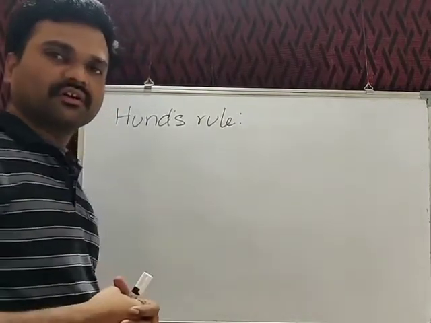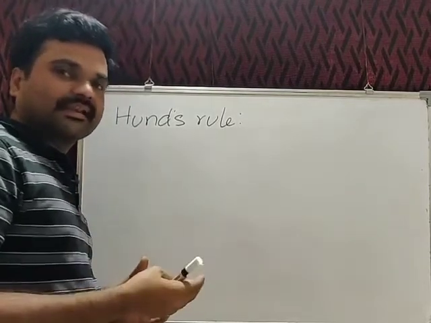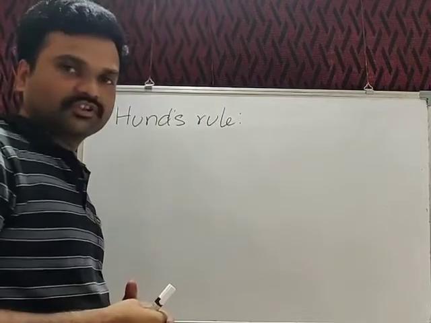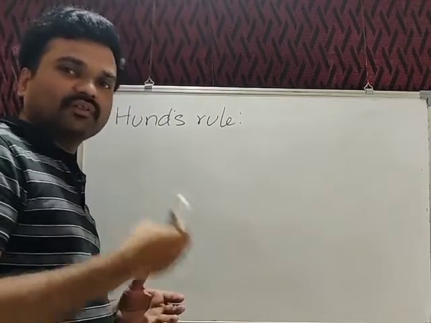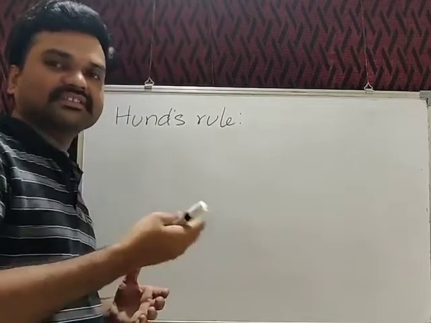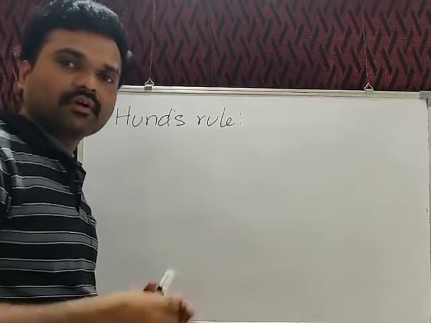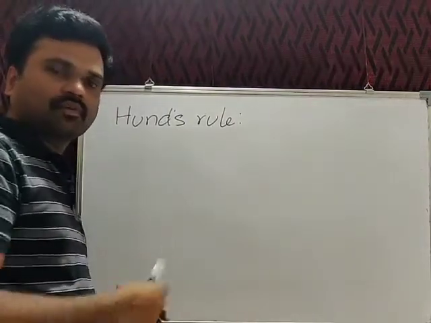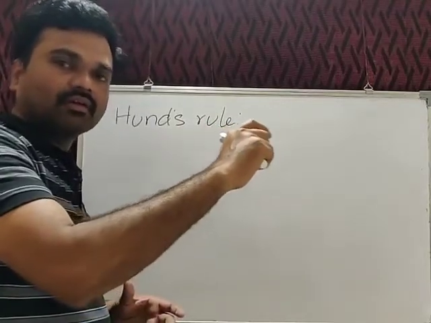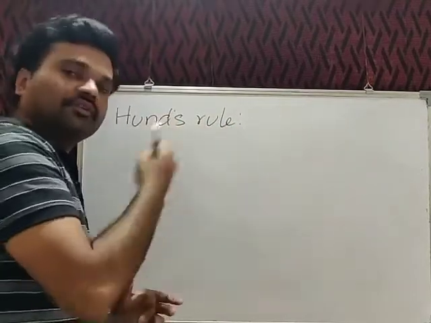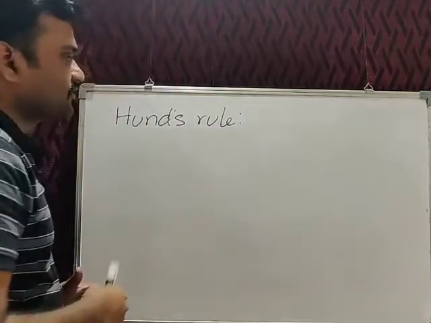It states that all the degenerate orbitals are first occupied with a single electron, and only then does pairing take place. In other words, electron pairing takes place only after filling all the degenerate orbitals with a single electron. That means if there are 3 or 5 or say 7 orbitals in a subshell, all these orbitals will be filled with a single electron first, and only then does pairing take place with the remaining electrons. For that, let us see one simple example.